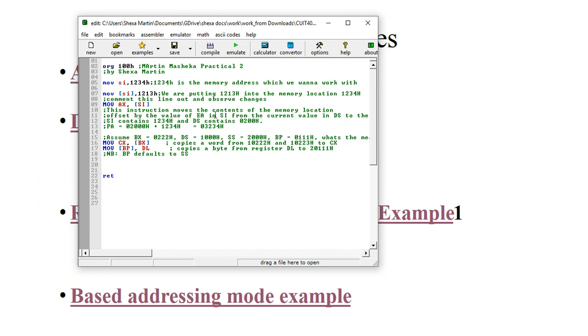Let's now look at this other example. This one, I like this one. This one is having SI. We are moving this value into source index register, right? So SI now contains 1234. We've accessed our register and we've used it to store this value. Now we are using SI as the memory address or as the offset. So 1213 is the value